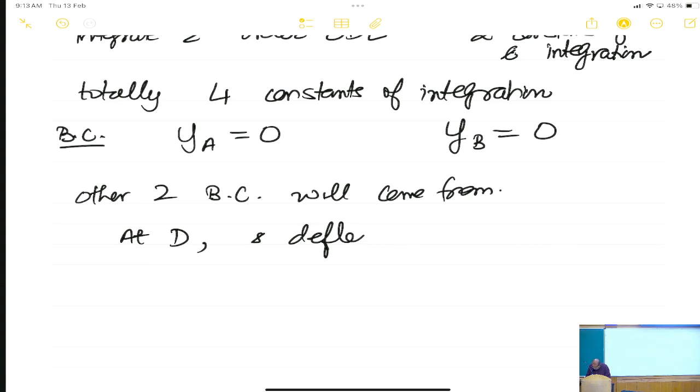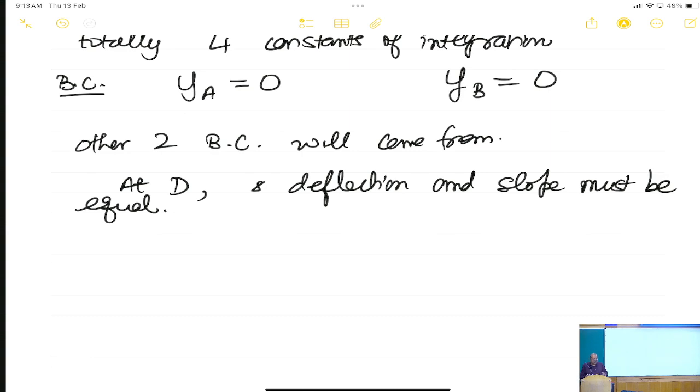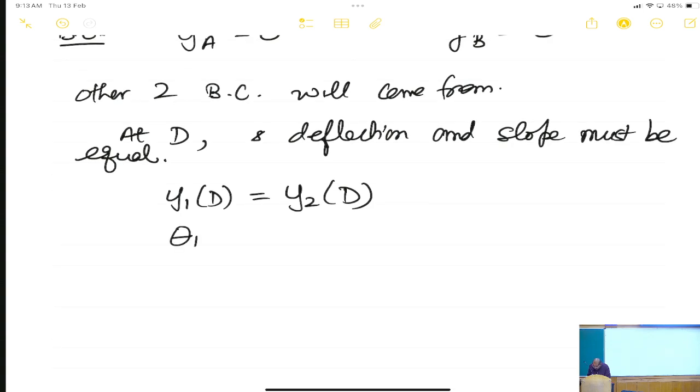They will come from the fact that at D, the middle point, the beam has to have a continuous shape. So, the slope and deflections will be equal, which means y1 at D is equal to y2 at D, and theta 1 at D